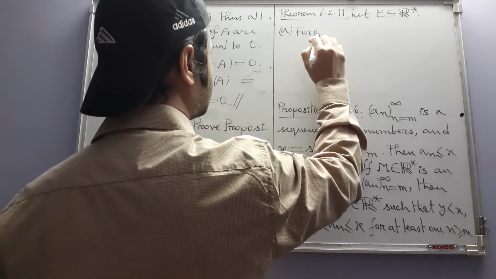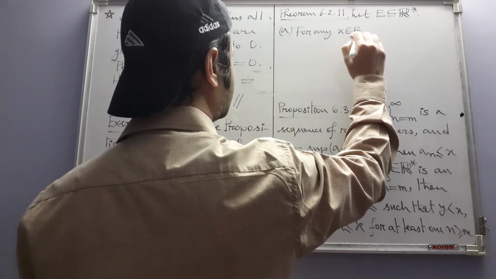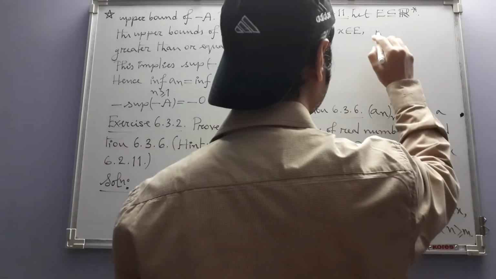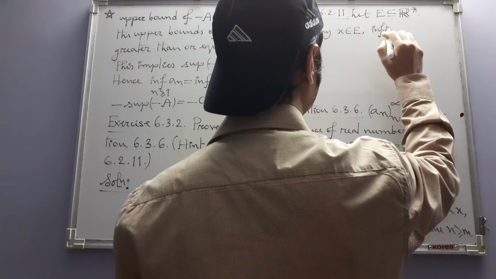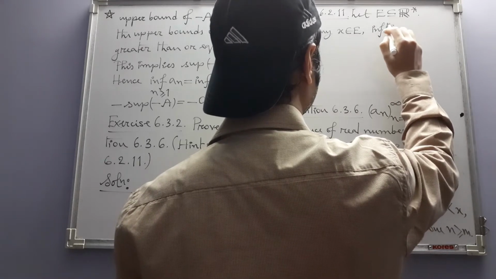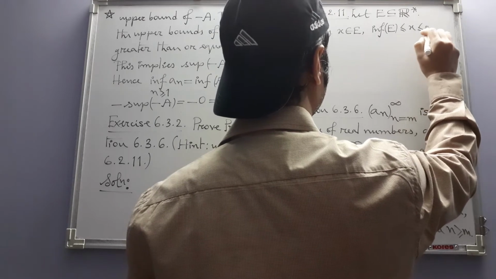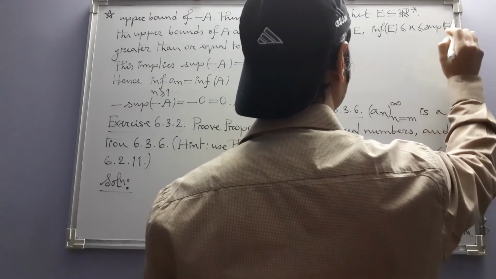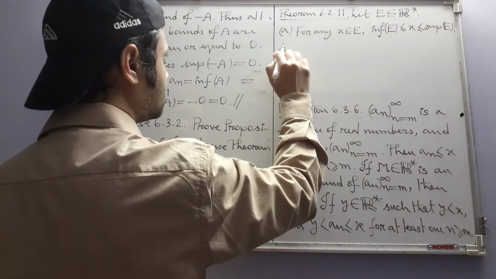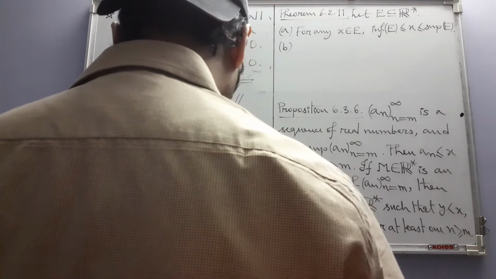Part A: for any x belonging to E, infimum of E is less than or equal to x and x is less than or equal to supremum of E. Part B is